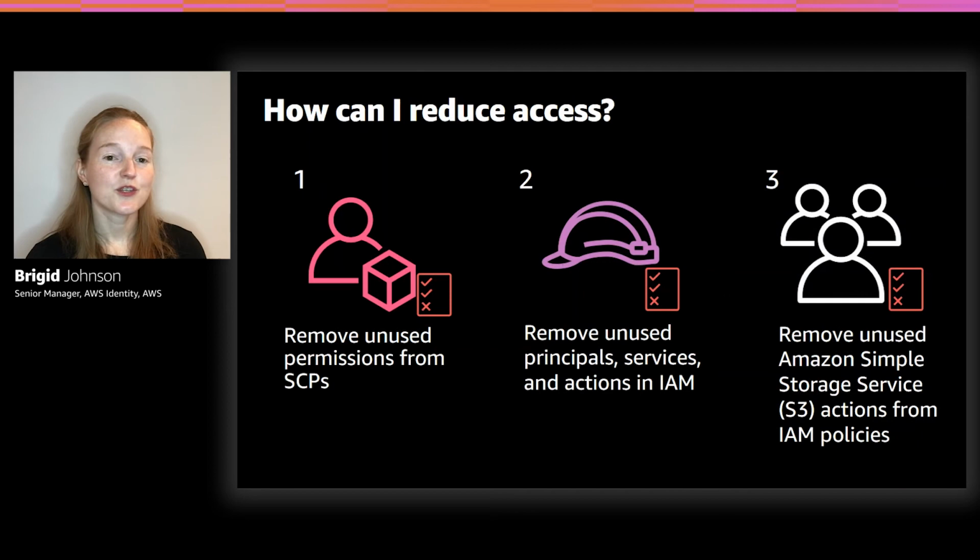All right, so moving on. Access Analyzer right now is all about who can access what. But really, you also want to reduce access based on who did access what. And there's a couple ways to do that in AWS. You can remove unused permissions using SCPs. We actually roll up the service last access information at the account, OU, and org level. So you can go see that information.